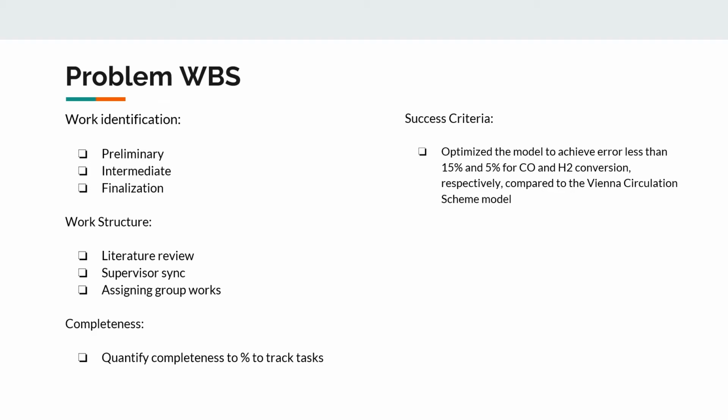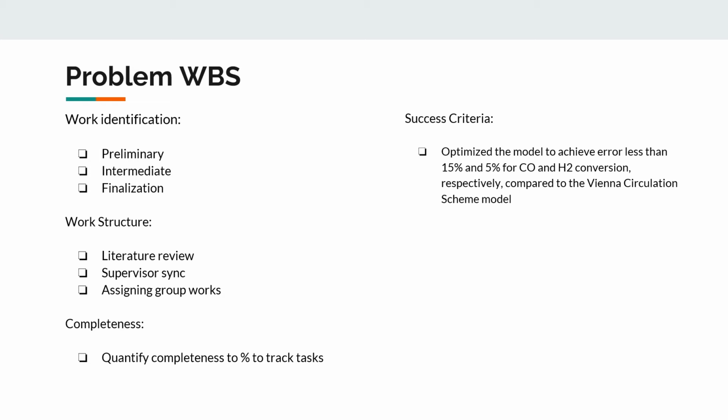We will have bi-weekly meetings with our supervisor to sync up on our progress, and then we assign corresponding group work to each member of the team. In order to track completeness, we quantify that by assigning a percentage to each task. For success criteria, if we achieve a model with an error that is less than 15 and 5% for the